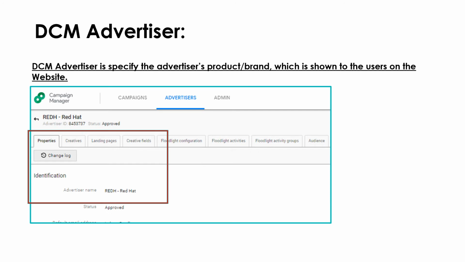Now I'll come to DCM advertiser. Here you can set up the advertiser if you have the access. Mainly you should have admin access. If you have the admin access, you will be able to create it, or else your advertiser or your client needs to set this up. Next slide is,